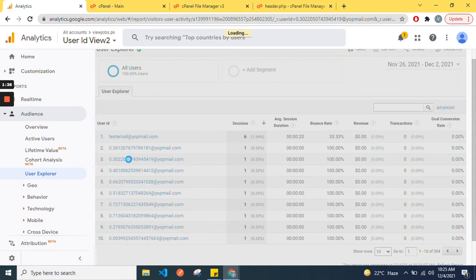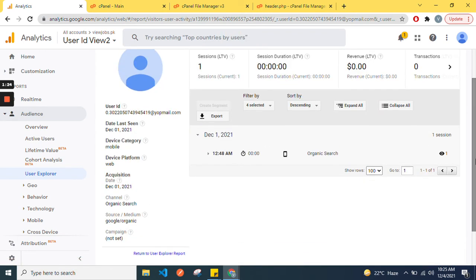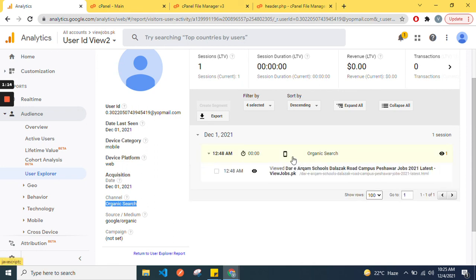So when you click this, you will see the user came from mobile, he was using web, he came through organic search to your site. So these are the pages he visited. Each and everything is displayed in the user ID in the customized form.